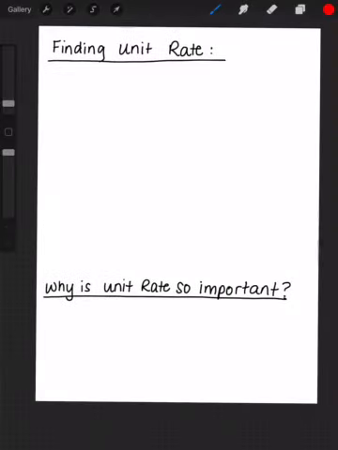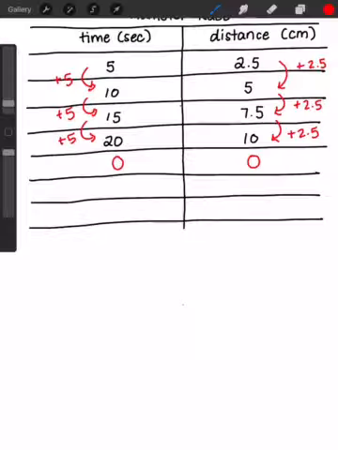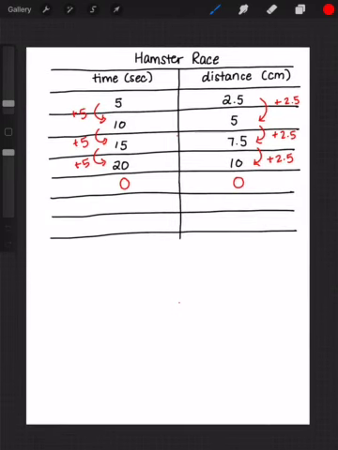Out the unit rate. Okay. And remember, when we do unit rate, we are always trying to figure out per one. We're trying to figure out what that 1 unit equals. So in this one, let's go back to our hamster table. We are working in seconds and centimeters, time and distance. So what we actually want to figure out is how far can the hamster go in 1 second. We want to know what this 1 second is. This is going to be our unit rate,